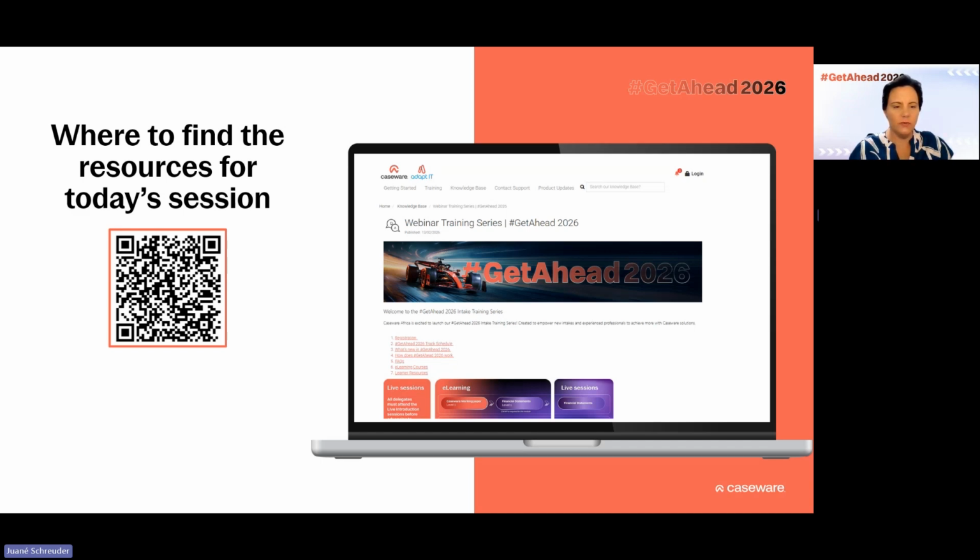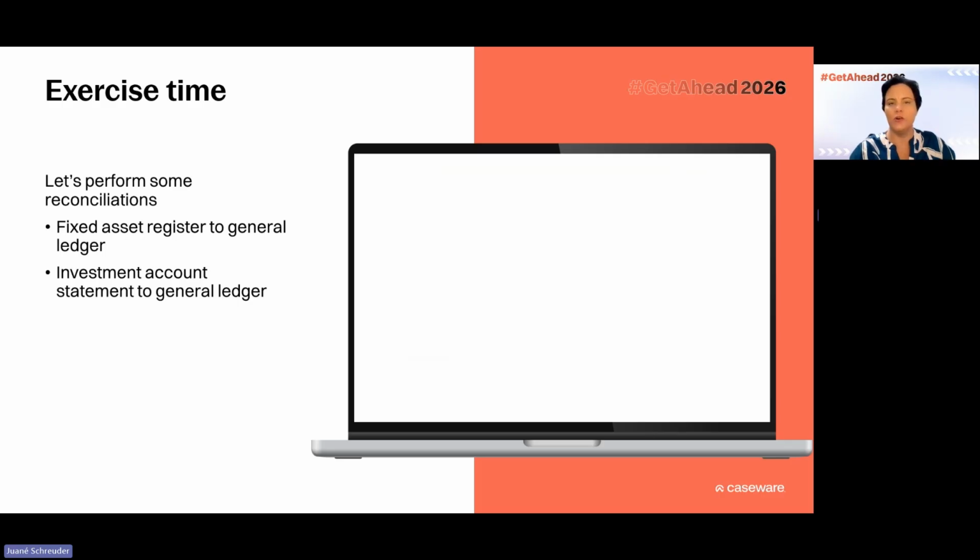We are continuing our session with audit level 2 or audit level 1, session 1, and we were at the point of starting the exercise. So I hope that you've managed to download the material now and that you are ready to perform the exercise. So I'm going to very soon replace the slide with my working papers that I'm going to be using there.